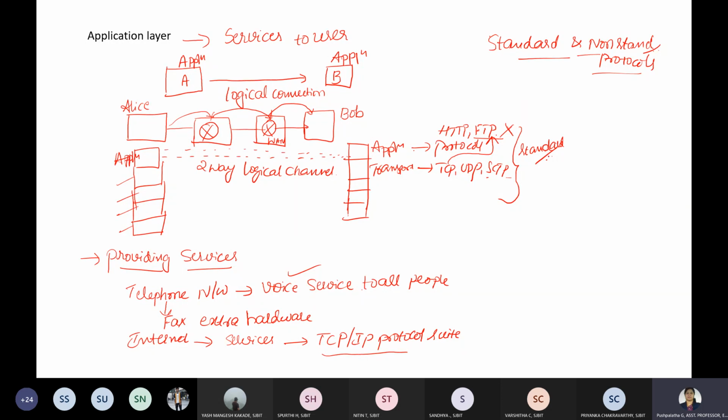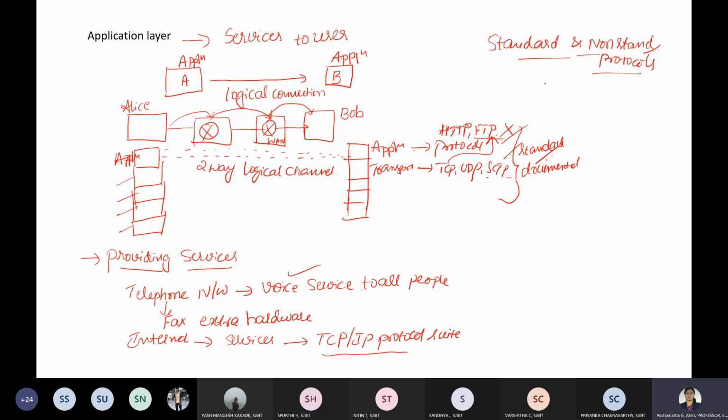For example, HTTP is a standard protocol, and they normally become part of your layers, part of the packages in operating systems such as Windows, Linux or Unix. I hope you are aware of it.